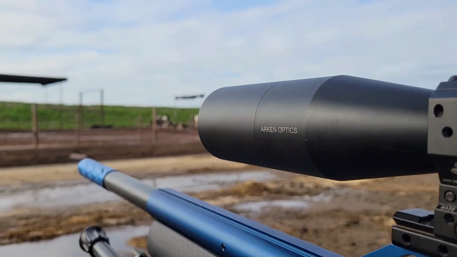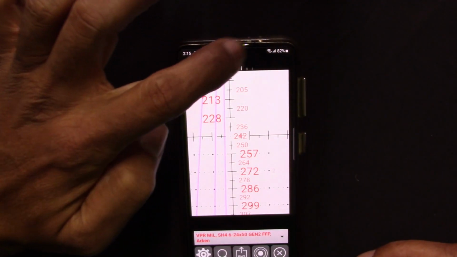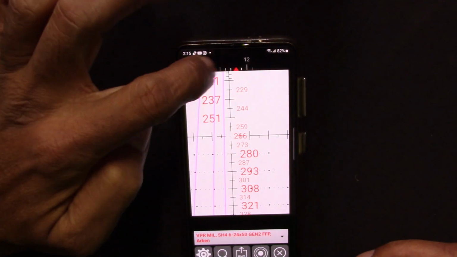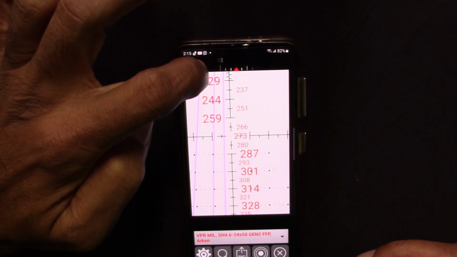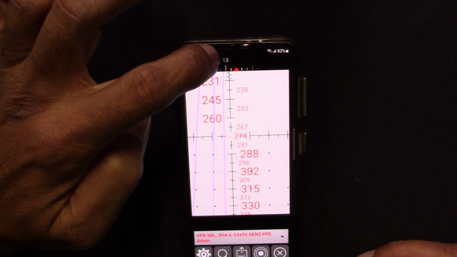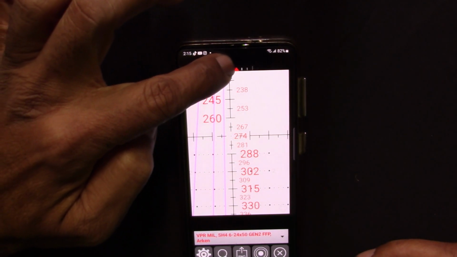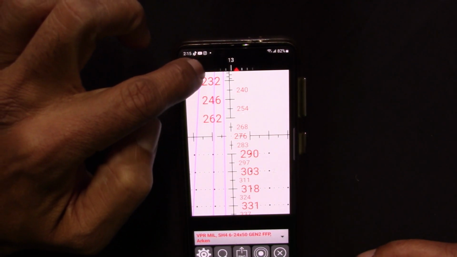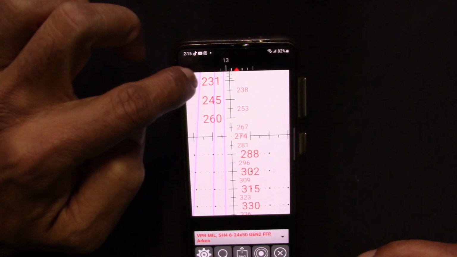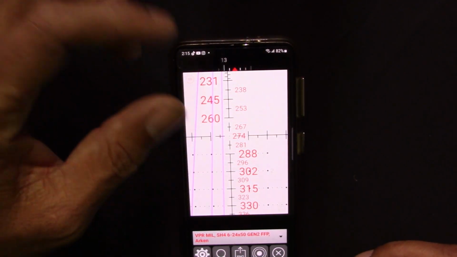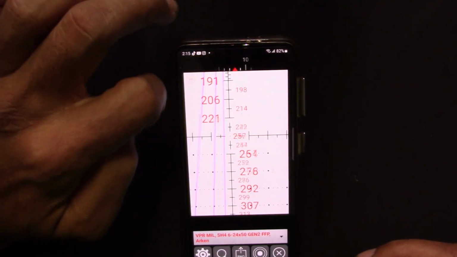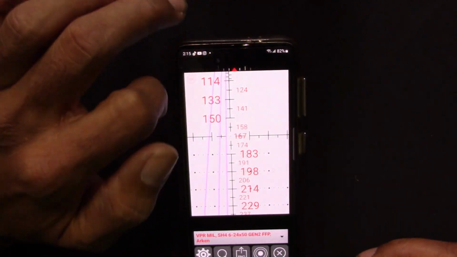Oh, we got a lot. And I'm just doing this to show you guys how adaptable this app is. So 275 is basically 12.8 mils is what it's telling me. 270, yeah, 12.8 mils. So I turn my turret 12.8 mils,